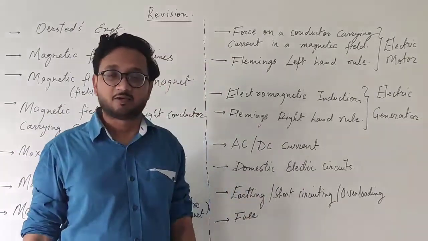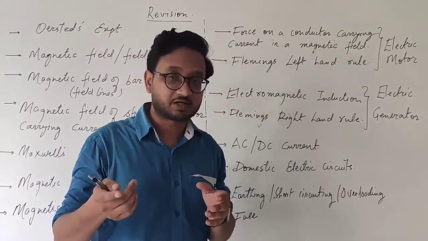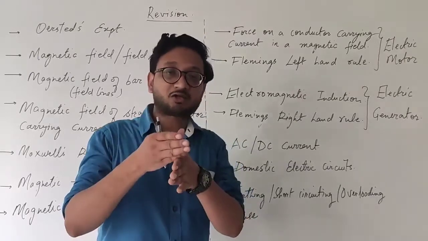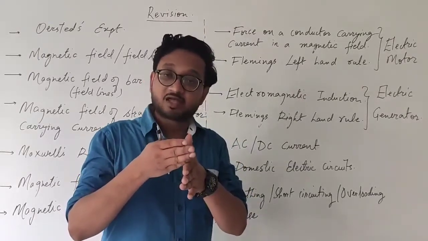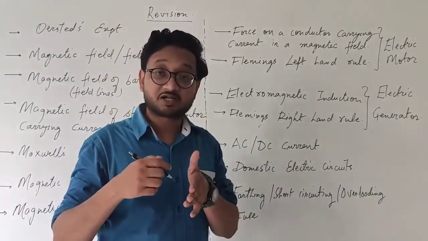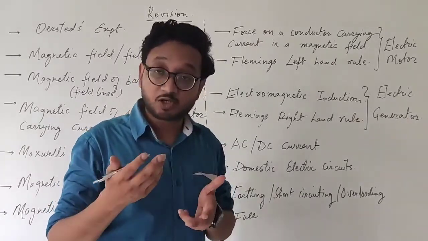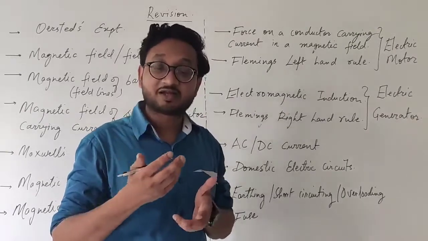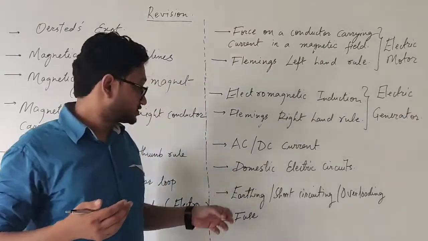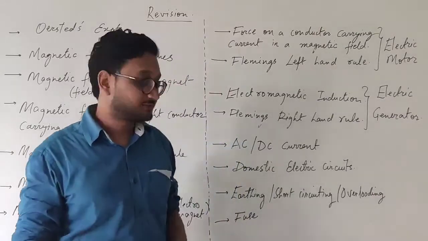Second one is short circuiting. What happens is, in our domestic circuits we have live wire and the neutral wire for AC current. So when this live wire and the neutral wire in our AC currents, sometimes when they come in contact by some accidents, then there is a lot of current flowing in the circuit and in the appliance. This is called short circuiting, and when unnecessary current or more current passes through the circuit or an appliance, it gets broken, it can catch fire, it can get burned. Okay, so if our expensive appliance is plugged in such a way, then short circuiting can cause an awful lot of troubles for us. It can even cause fire hazards.